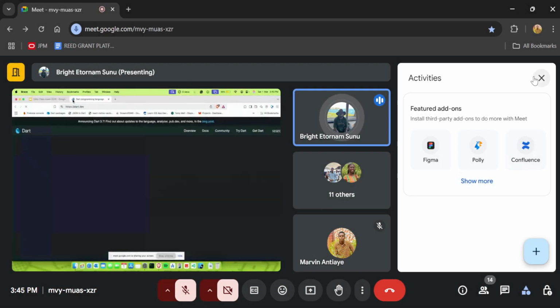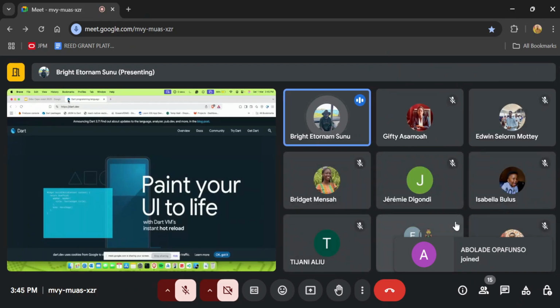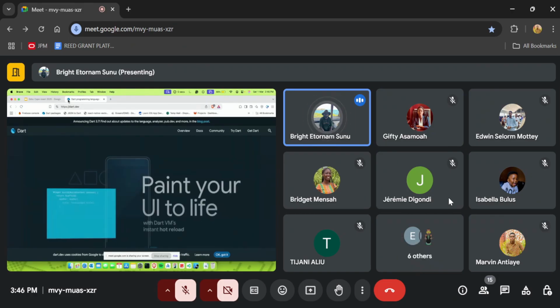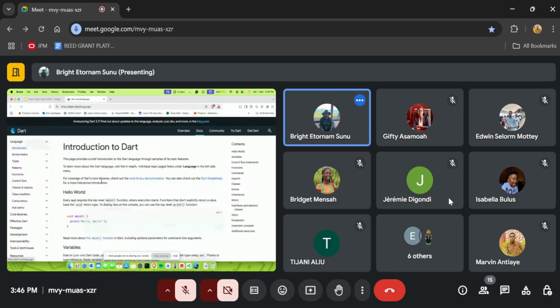So this is the Dart website. If you are very interested in learning the Dart language, which I will advise you to, you should look into this website. You can access their documentation and their tutorials, right? So when you go to Docs and you go to Language Tour, which is this, you can actually